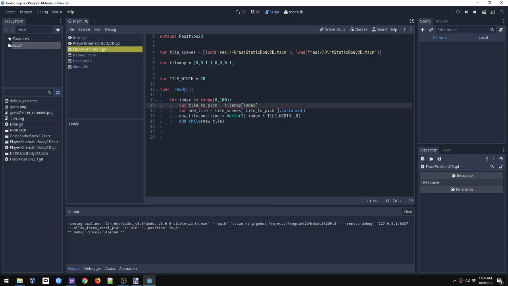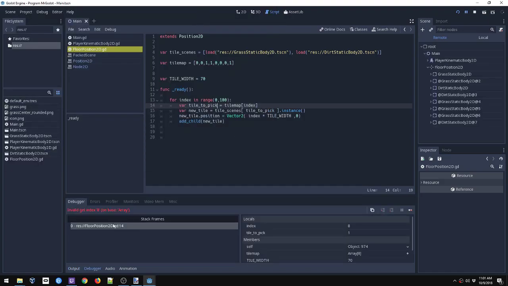Alright, so what I should see here is an error. And what did I do wrong? So invalid index 8. My problem here is I didn't change this. I'm going all the way to 100. So I went all the way through here, and then I tried to go to the next one because I'm trying to go all the way to 100. So what I need to do is change this to be